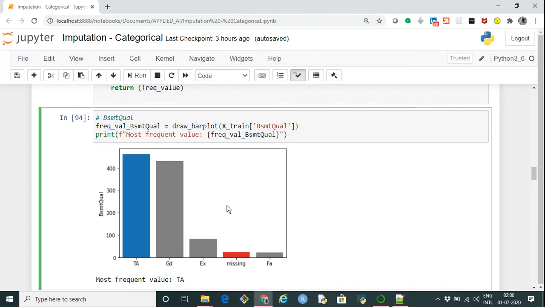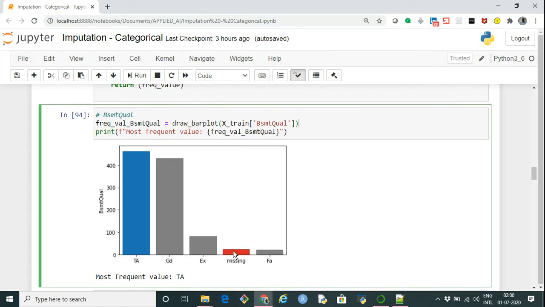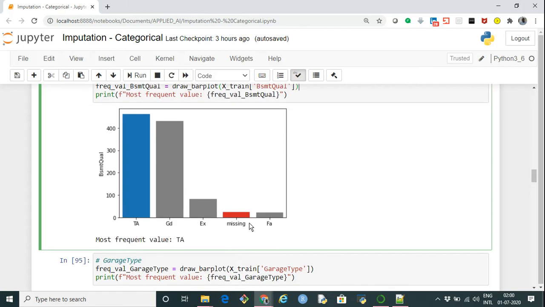For the bar where the label is missing, it makes that bar red. If the bar has the highest value, it will be blue, and the rest of the bars will be gray.